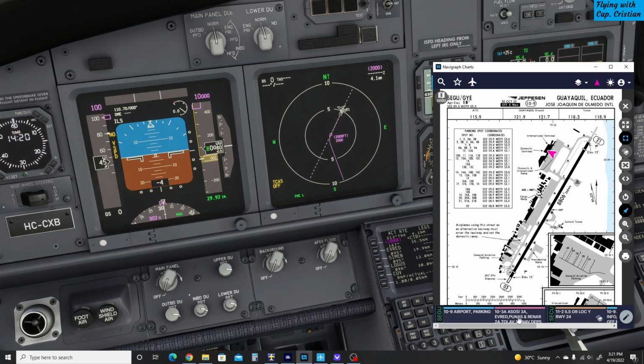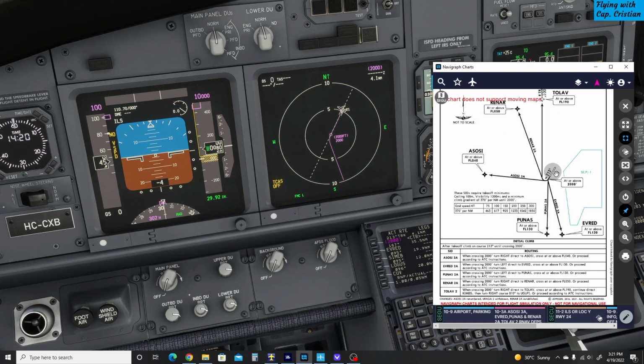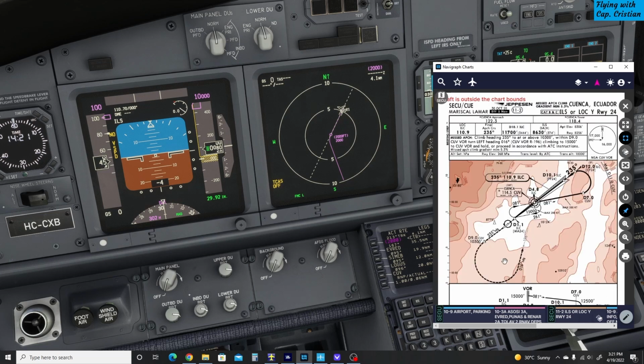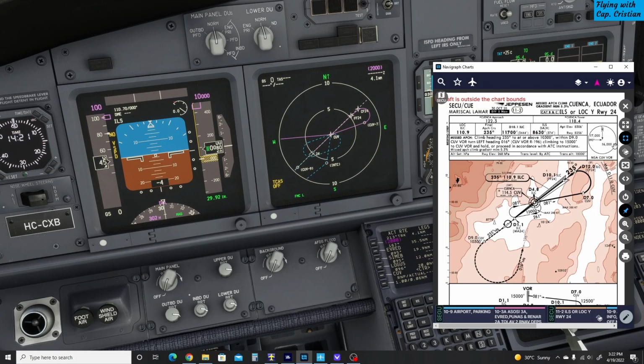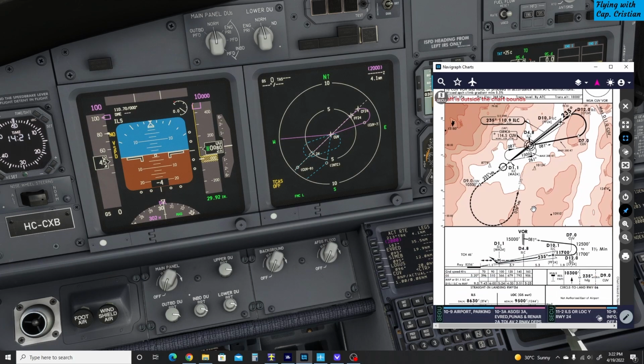Remember when we checked here, that is 2000 feet direct to Everett. Very simple. For the arrival, because this is a very short flight, we are going to check the arrival as well. So let's keep step here. That's Everett. That is the Alpha 566 to Cuenca VOR, and then from Cuenca VOR it says at or above 1500 feet, and that is correct. At or above